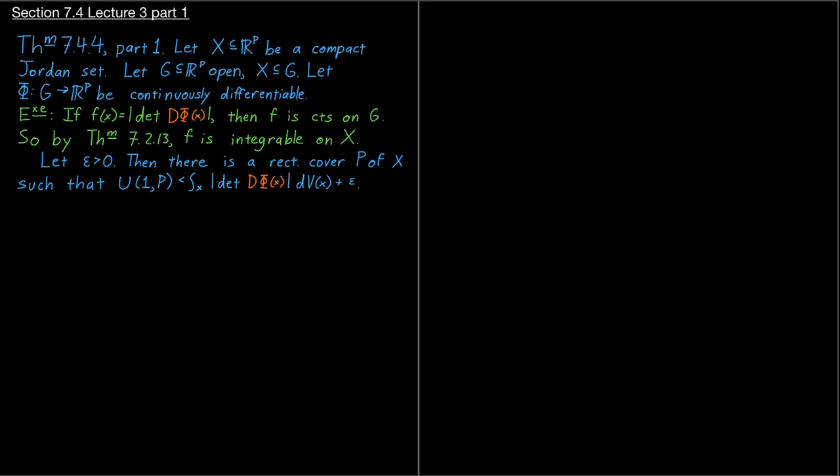We will, of course, prove a similar result for the lower Darboux sums, and then once you put those together, you see that phi of X is a Jordan set with the correct volume. So here is the first step of the proof. First, we saw that f, that's the determinant of d phi, is integrable. So that means, in particular, there is a rectangular cover